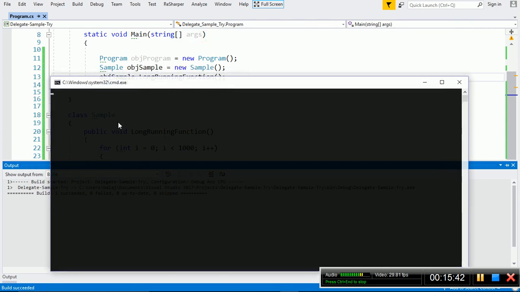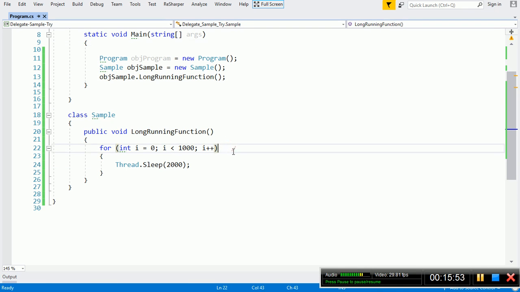The program is executing, but we are not getting any status. What is the current status of this function? Because this is a long running function, as the user we normally want to know the current status of this operation.